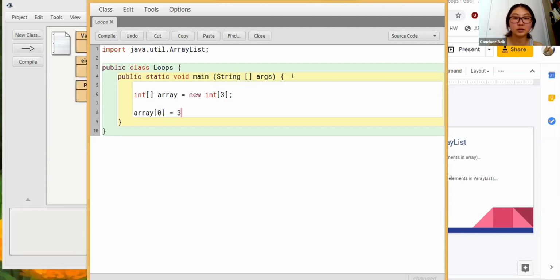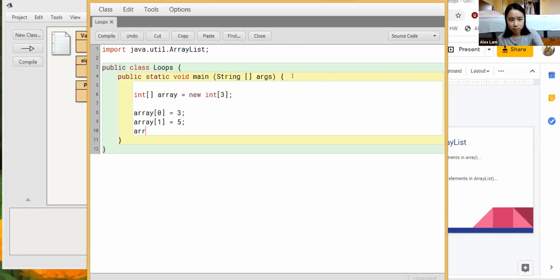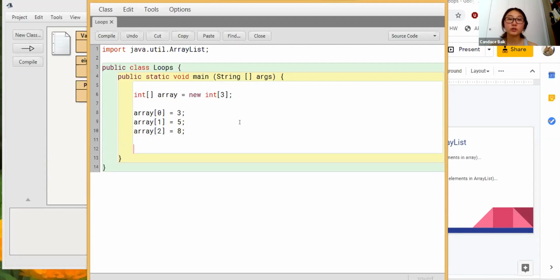I'll just do random numbers, it doesn't really matter. Now we created our array and we filled our array. So now let's just go ahead and